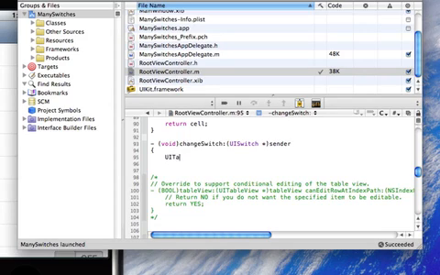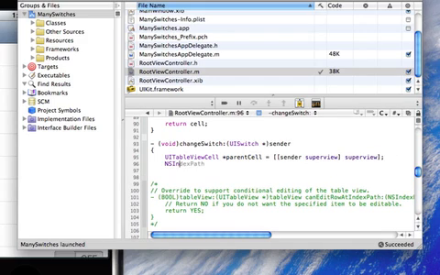So let's grab that. UITableViewCell parentCell equals sender.superview.superview. So we're calling superview twice because the first time we're getting the superview of the switch, and that's the content view of the cell. Then we're getting the superview of the content view, and that's the cell itself. Now we can get the index path of that cell